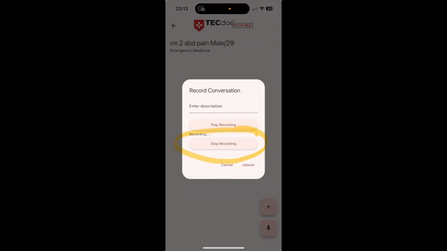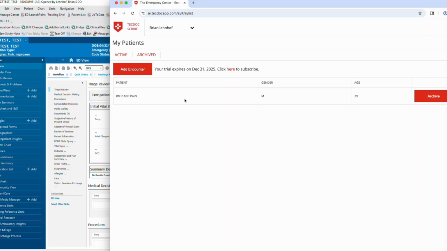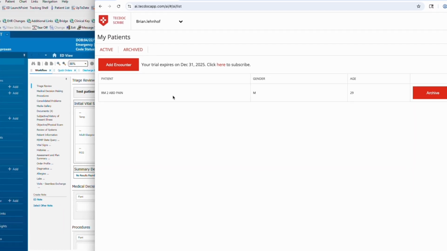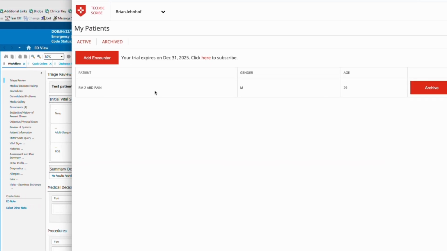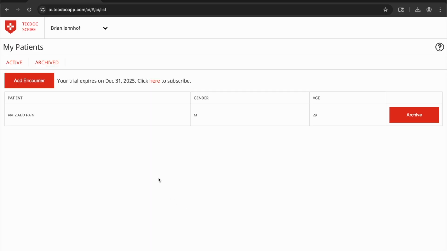Keep in mind though, you only want to do these updates before you move the generated note over into Cerner, because this is adapting, building, modifying the note the AI is generating. So you want to do this before you copy and paste things into Cerner. Once you've moved the note that was generated by the scribe over into Cerner, you can be done with it. And to do that, you want to archive the note. So you can do this on the app or on the browser, but all you have to do is go into the list of patient encounters, go over to the archives button there, press that,